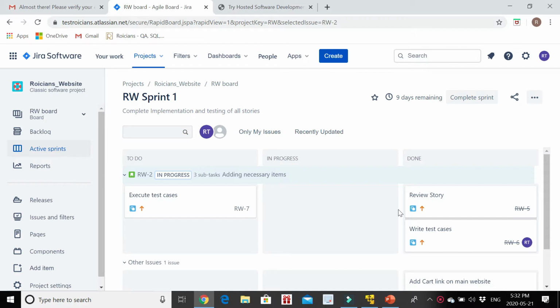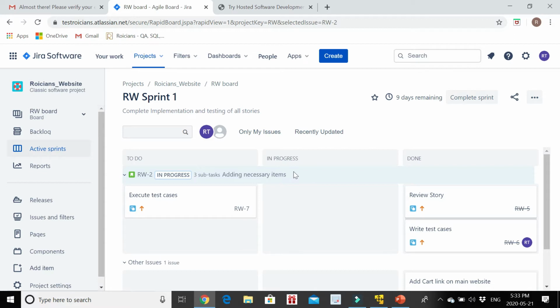Why Jira is so much popular, guys? Because first of all, it's following agile methodology. Second, you can communicate on a centralized location with the developer. Instead of sending emails to developers or sharing the defect elsewhere, you have a common or centralized platform on which developers can also log in, testers can also log in, or other stakeholders can also get into it. So that's why this particular tool is very much popular.